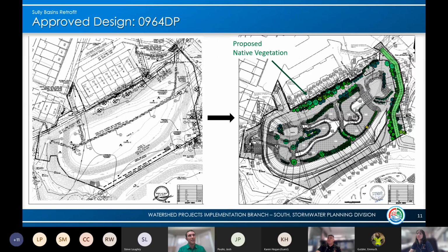So exact is, I guess, as relative as we can get because things do fluctuate a little bit. But I can tell you that our tentative schedule is, let's see, the smaller pond, we're expecting to see some on-site work beginning as early as late next week, and the week after. We are having a site walk to confirm the limits of disturbances, and once that's signed off on, you'll see work there. But again, that work can be as simple as putting down some erosion and sediment controls,